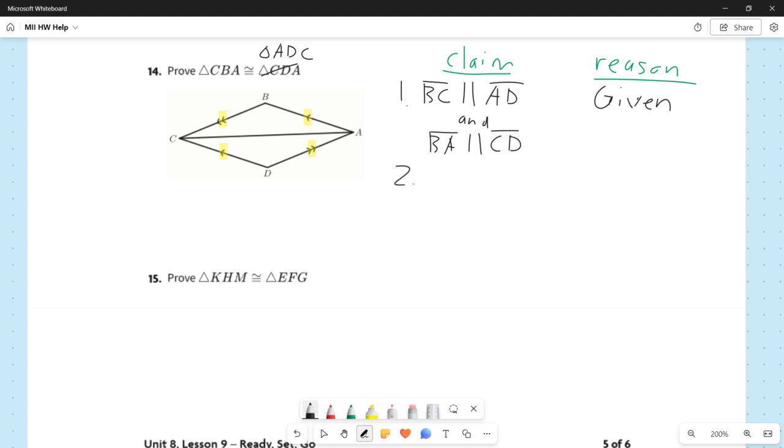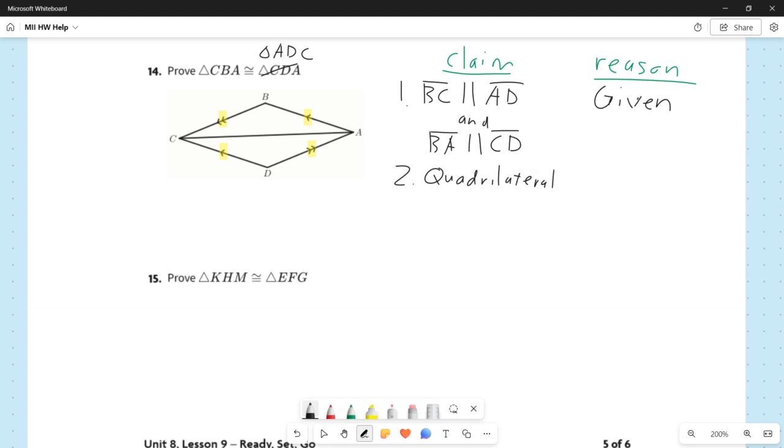So BC is parallel to AD, BA is parallel to CD. Notice that ABCD is obviously a quadrilateral. It's a four-sided figure. So what we have here is a four-sided figure with two pairs of parallel sides. Well, that tells us that